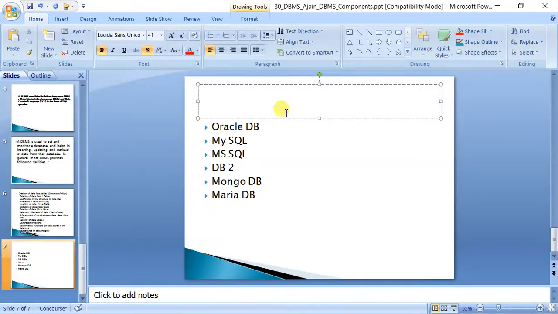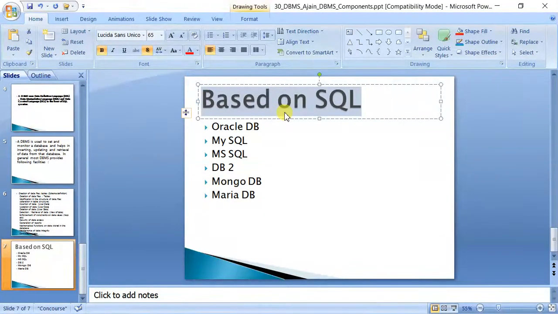So similarly, in DBMS also certain standards are followed by all the companies, and all of them are based on, you must be learning, SQL. They all are based on SQL. So SQL is common in all these packages. Okay. So only what can differ?